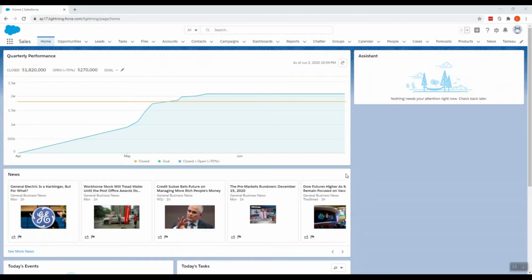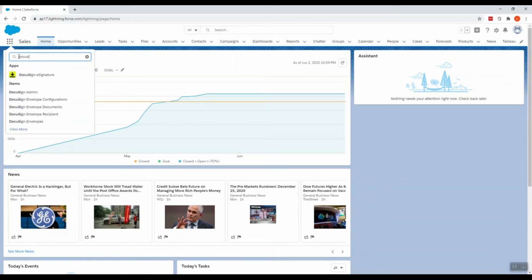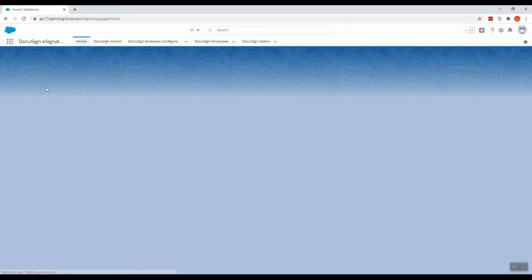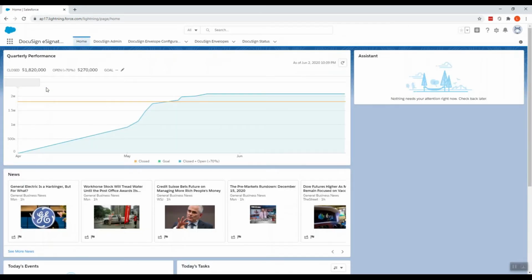Now that you have created the developer DocuSign e-signature account and also installed the DocuSign e-signature app in Salesforce, let's open it by clicking on this grid and typing DocuSign e-signature. If your organization has made single sign-on mandatory, you will need to work with your organization's single sign-on admin to enable your account to use DocuSign e-signature for Salesforce. After the correct policy is enabled, you can use that username and password to log on from your DocuSign e-signature for Salesforce application.